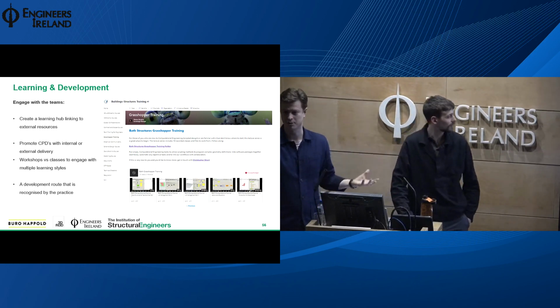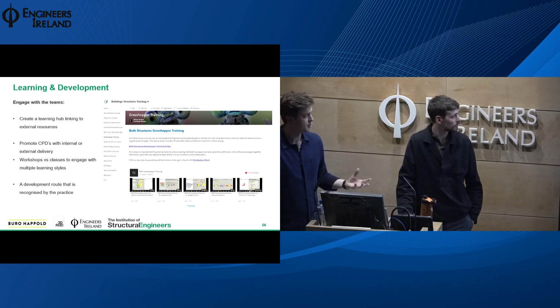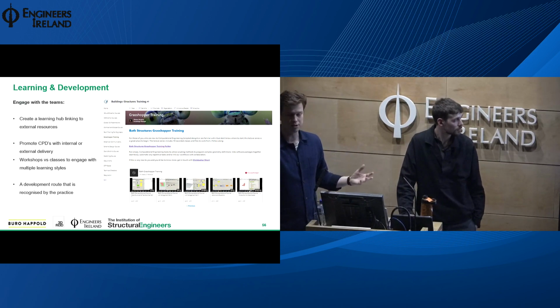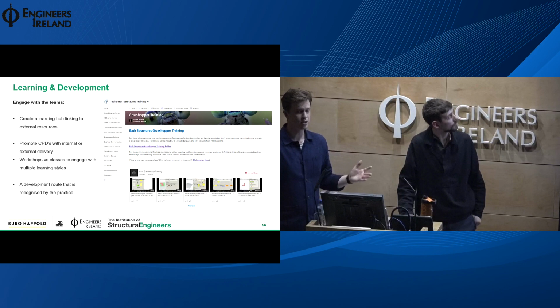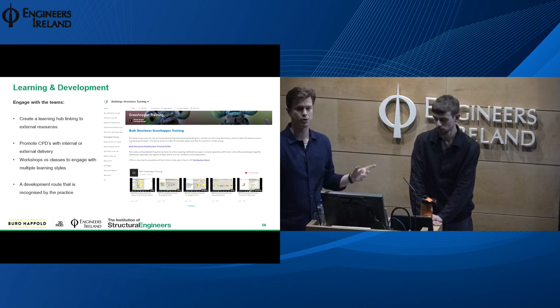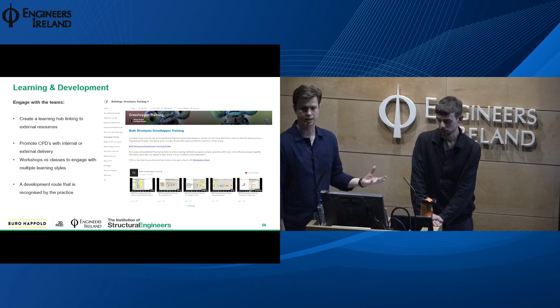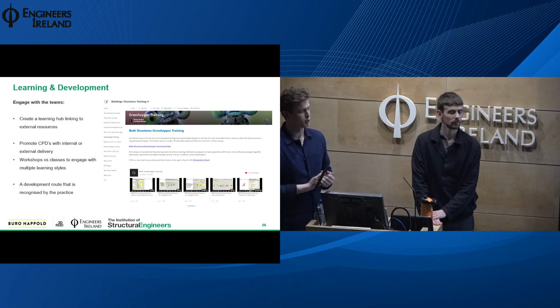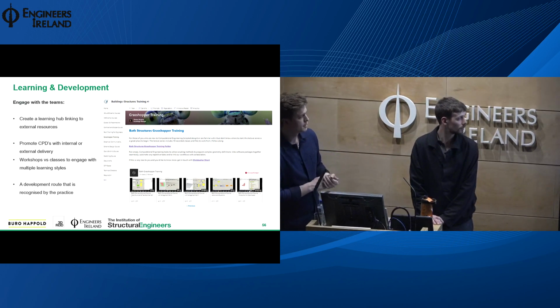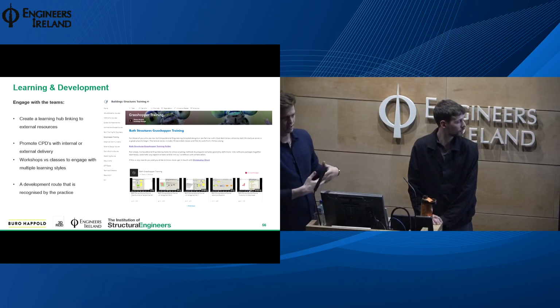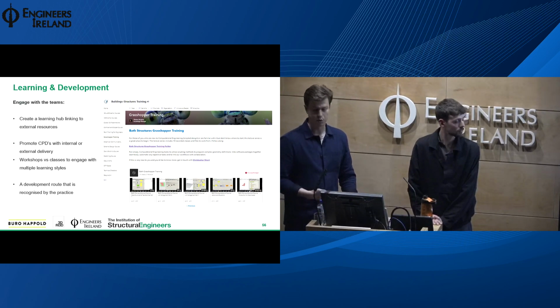It goes towards chartership training because they're learning a new skill. Workshops can be internal if you have internal people who know. Most companies will have junior staff who do know how to use these tools. There's just not really an environment that exists for them to use them on projects. So actually nurturing that and asking them to speak a bit louder and try and draw some more people in will often work. And we have created also an internal development route for those who wish to embark on that